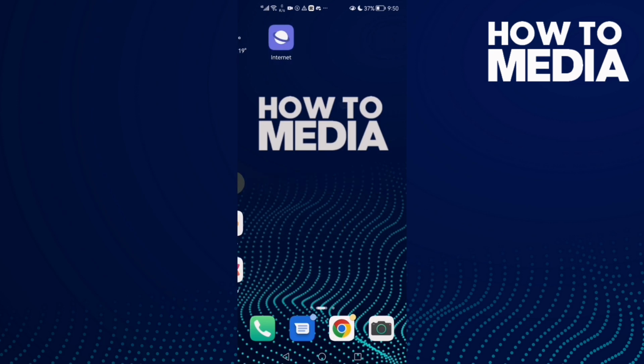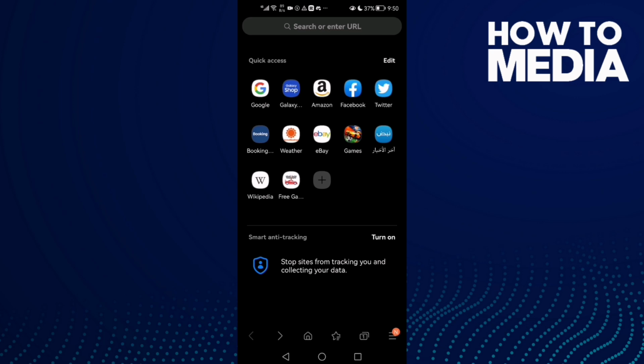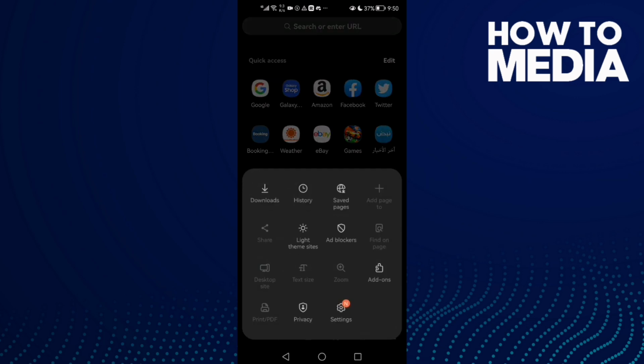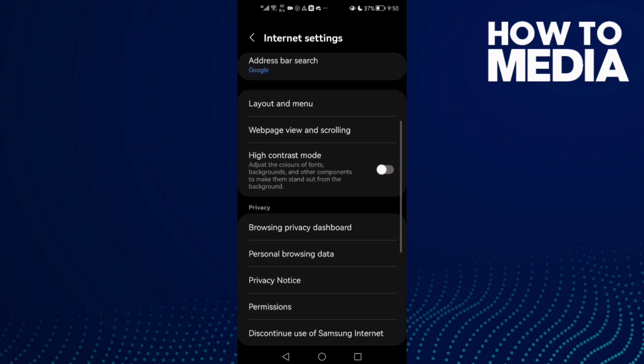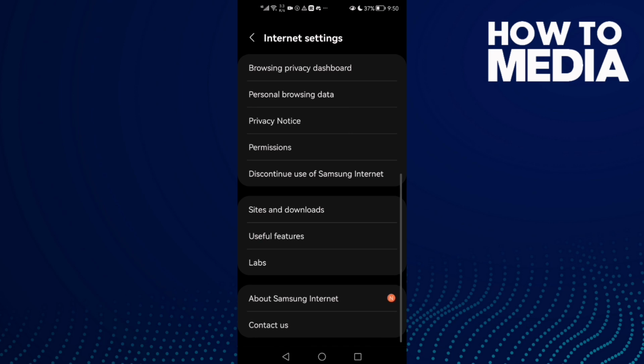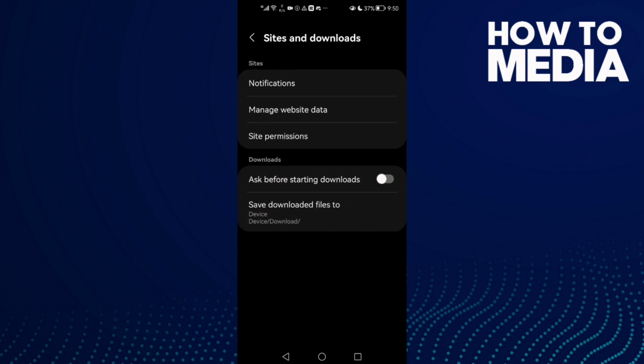First, open the browser and then click these three lines here in the bottom corner and click settings and scroll down. Here you will find sites and downloads. Click on it and click site permissions,